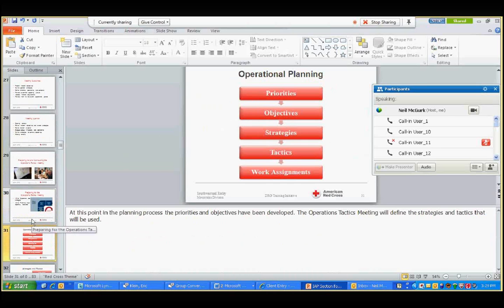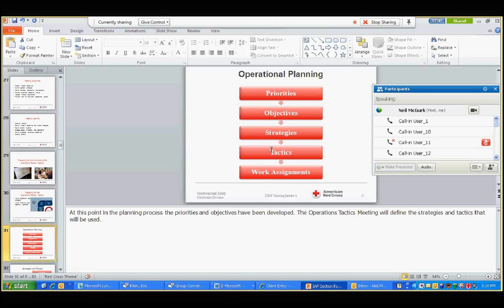Then we go down to the operational planning. Again, further conversations on priorities and objectives we talked about, and now moving into strategies and tactics. The strategies and tactics are going to be developed. This is, again, where you've defined who's doing your forward planning and your high-level strategy, but your tactical work and your more local-level strategy is going to be created by your subject matter experts at your local level.